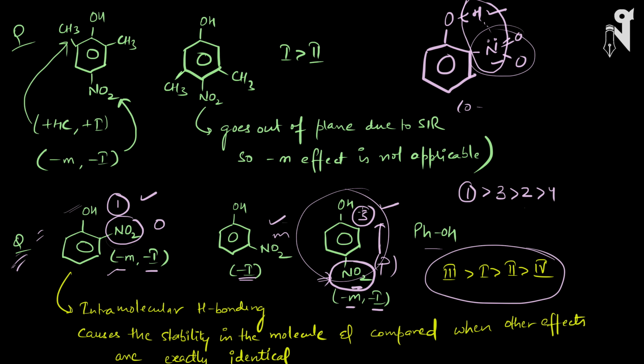No hydrogen bonding is working over here. There is nothing which can stabilize this hydrogen, nothing which is binding this hydrogen. And hence when you compare between first and third, the third seems to be more stable. First has become less acidic due to intramolecular hydrogen bonding.